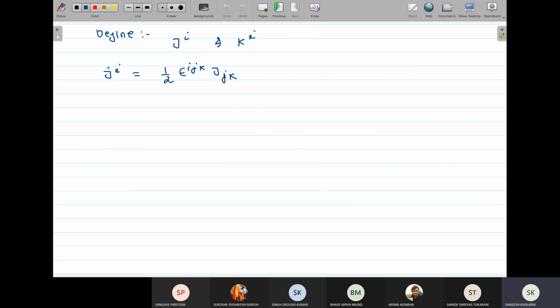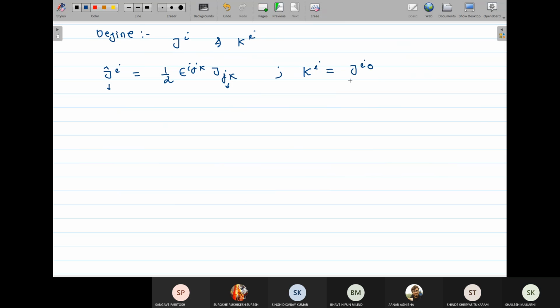So Ji is half epsilon ijk Jjk. Remember, this is 4 cross 4. This must be 4 cross 4. And I define Ki to be